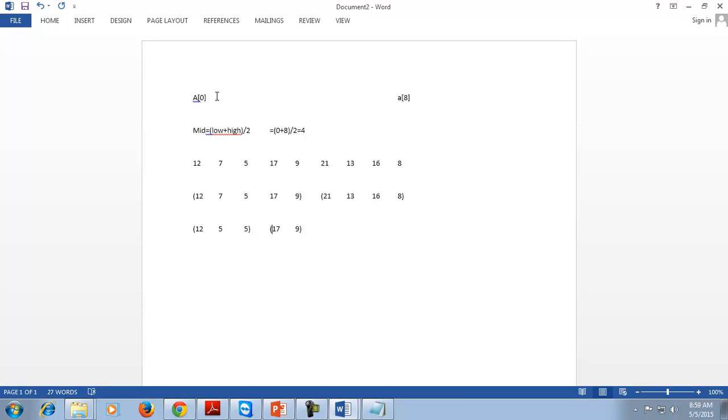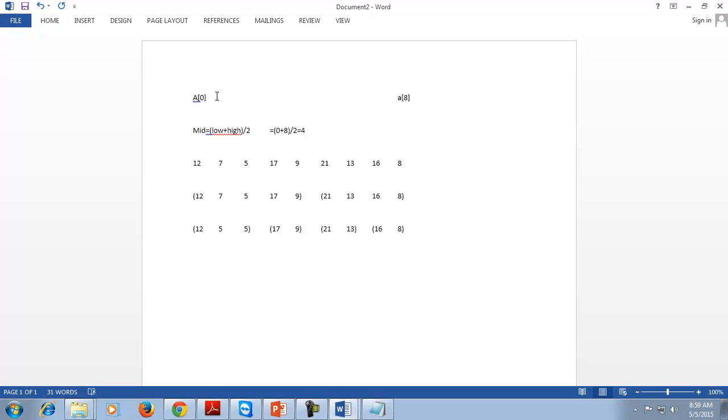That is, A of 0, 1, 2 come in the first list, and A of 3 and 4 will come in the next list. Similarly, 21 and 13 and 16 and 8.